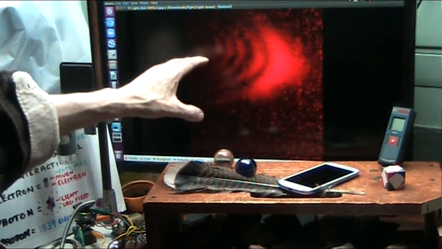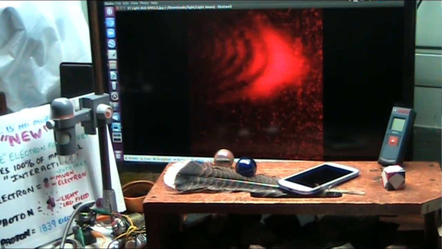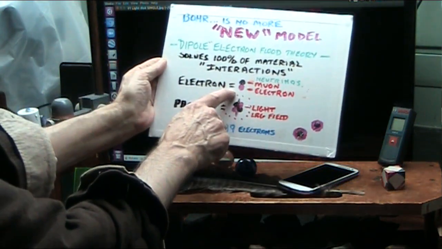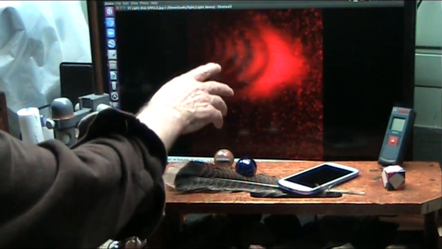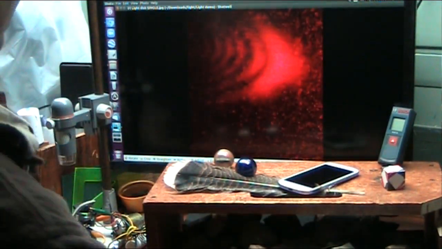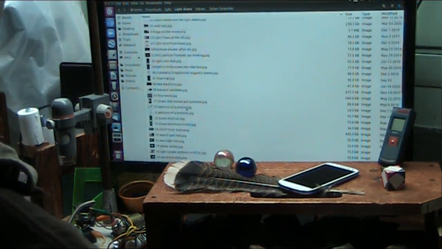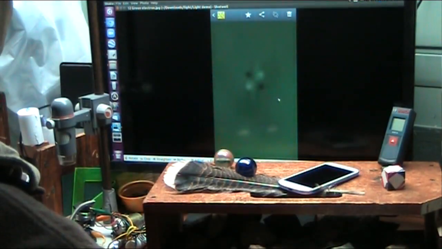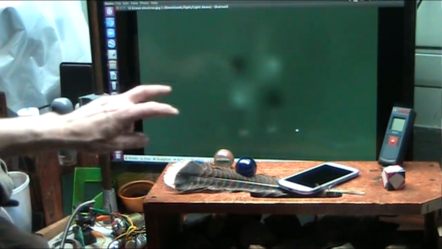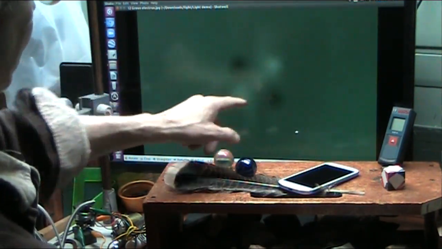And when you see the polarity, because it's dipole flood theory, is what everything is made of, dipoles. That means there's a black and a white of everything. And when I say that, you see this? I think I showed it to you before, but let's just go back so you can see what the black and the whites are. And they come in green, and they come in red, and they come in blue. Like this is a green. You see it, the black and the whites? And it's the 2p, 2h, 2p's, 2h's. Particles, holes.